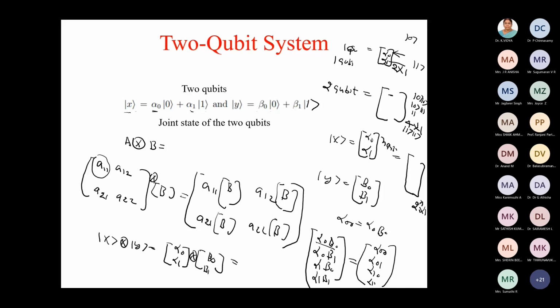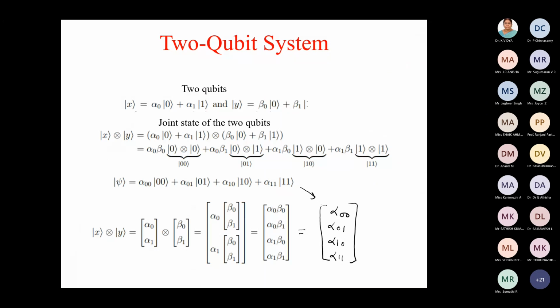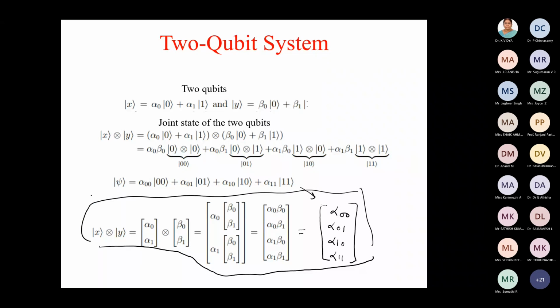And this 1, 1 we can represent as a, okay. So can we write it like this? This tensor product we have done, so we can write it like XY also. Okay, so let's go back to the next slide. See here, what we did in the previous slide, we can rename them. This is already understood, and we know that there will be 4 coefficients, and these coefficients correspond to the 0, 0, 0, 1, 1, 0, and 1, 1 states. Okay, and this way also you can do the tensor product.